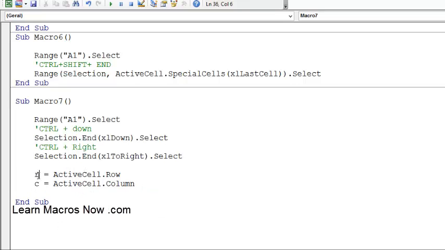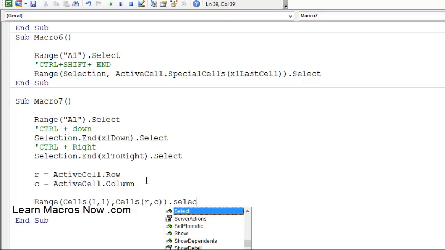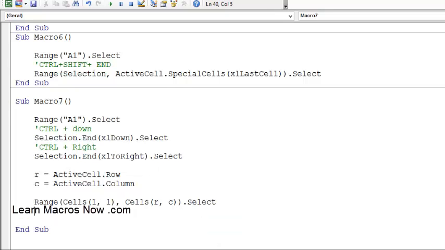You don't need to use R and C. These are just variable names that I created. Okay, and once I have these positions, I can say range cells from row 1, column 1, all the way to cells row R, column C, dot select. You see? Now if I run this,